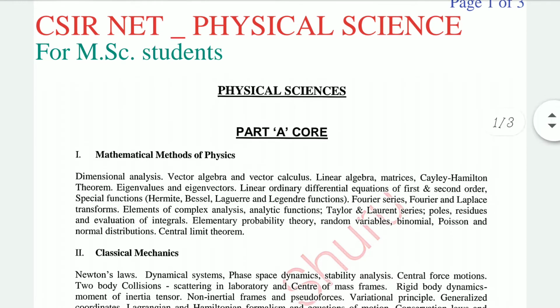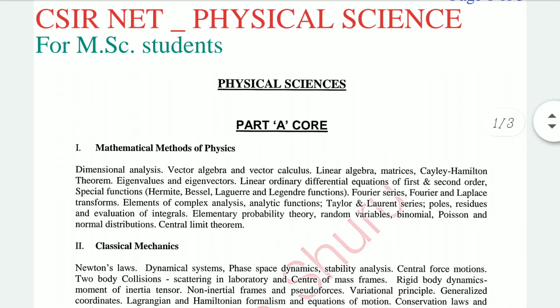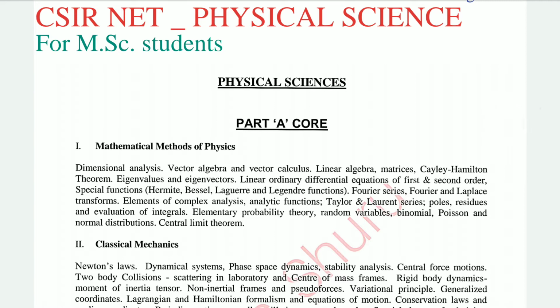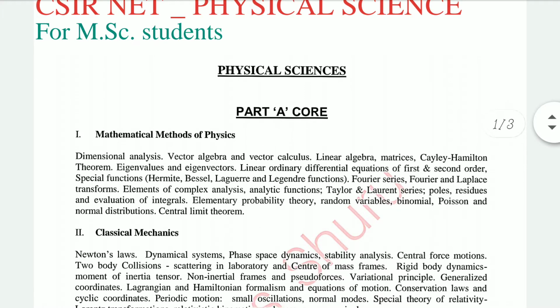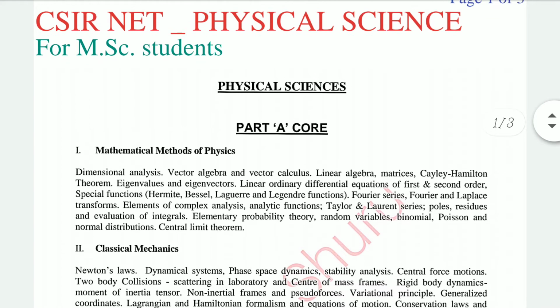Okay, let's start this video. First you get the core portion. Basically, here I wrote it wrong, mistakenly; it is actually Part B, because Part A is common for all categories like life science, earth science, etc. Here Part B, that is the core.